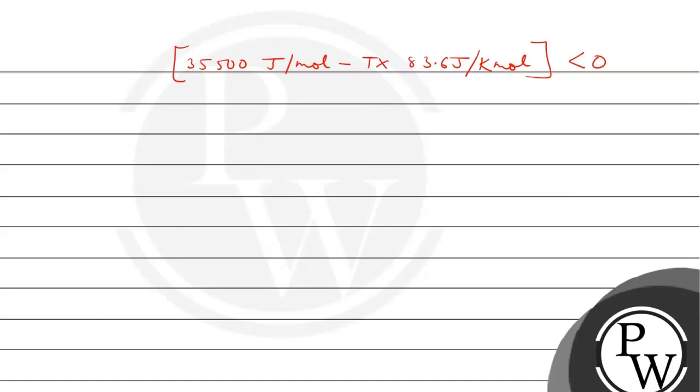Now if we rearrange this equation to solve this inequality, to solve for T, it will be T is greater than 35,500 joule per mole divided by 83.6 joule Kelvin mole. So if we solve this, T will become as T greater than 424.64